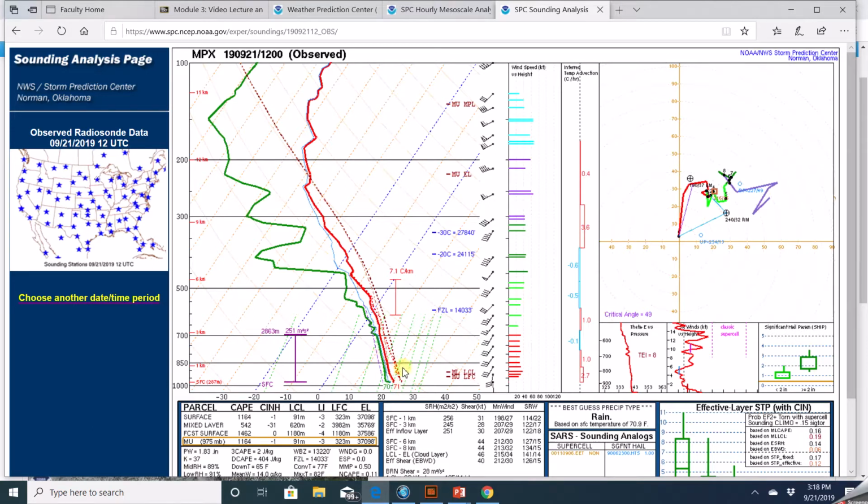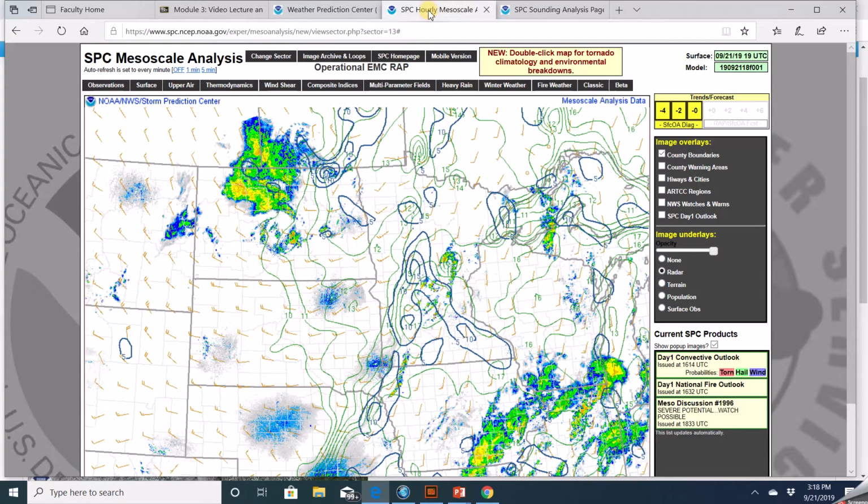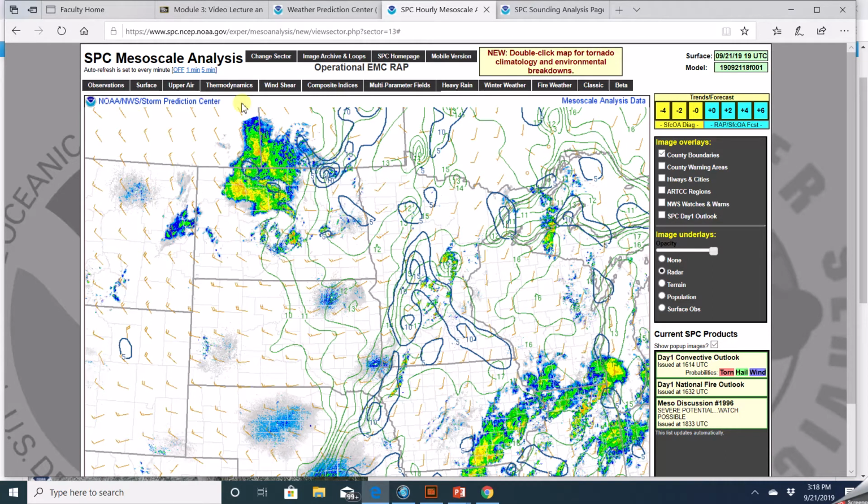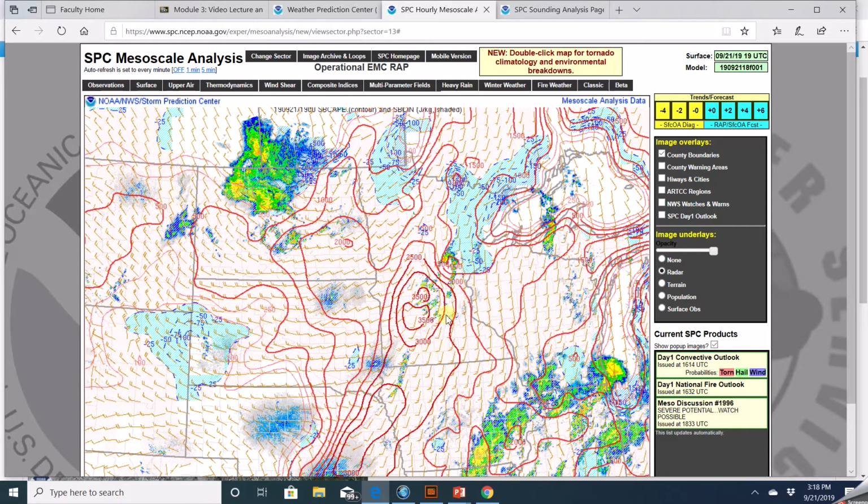If something kicked it upward, like a cold front, which is what I'm going to show you right now, which is what's happening right out here at this time, then that's going to accelerate it upwards. And here is actually a measure of that instability. Right in here, these numbers, 3,500, are CAPE, convective available potential energy. The bigger they are, the more unstable the air is, the more potential for the air to rise